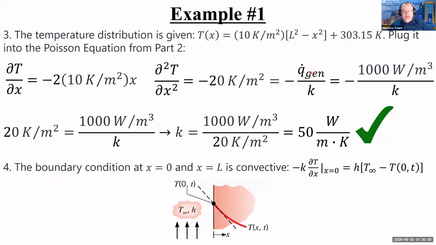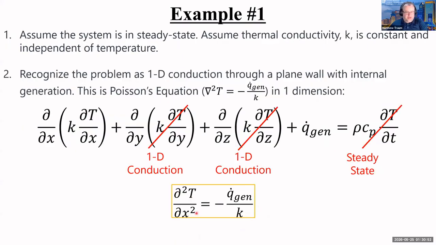Q gen is given, right? So this is given as 1,000 watts per meter cubed. And of course I don't know k, but that's what I'm looking for. So I can now take the pieces that I have: the second derivative of temperature with respect to x and Q gen. Here's the equation. I'm plugging in my second derivative of temperature, which I now have a value for, and plugging in my Q gen, which I have a value for,